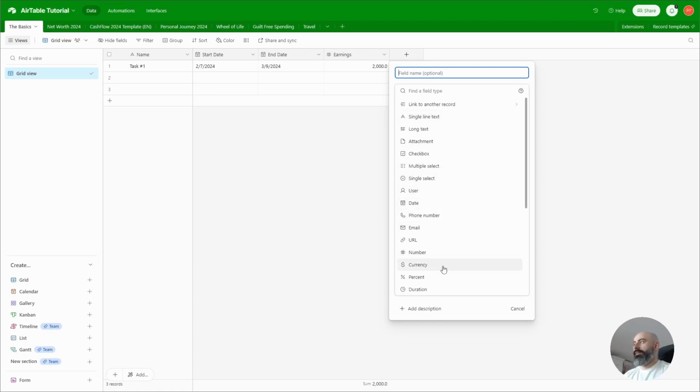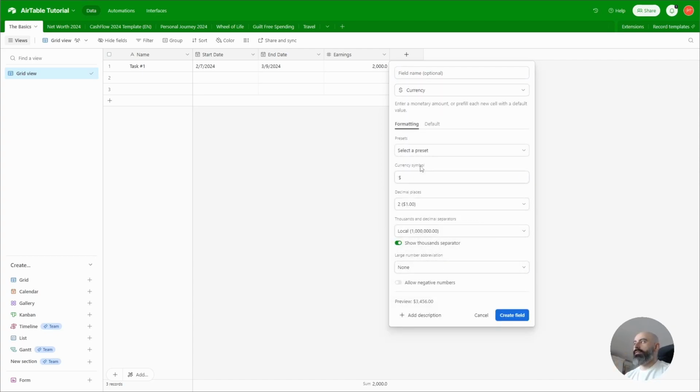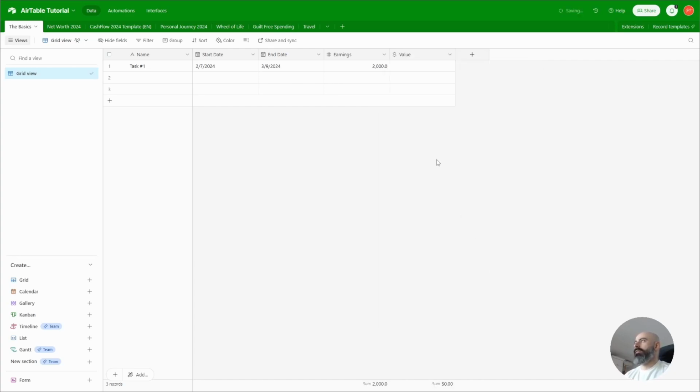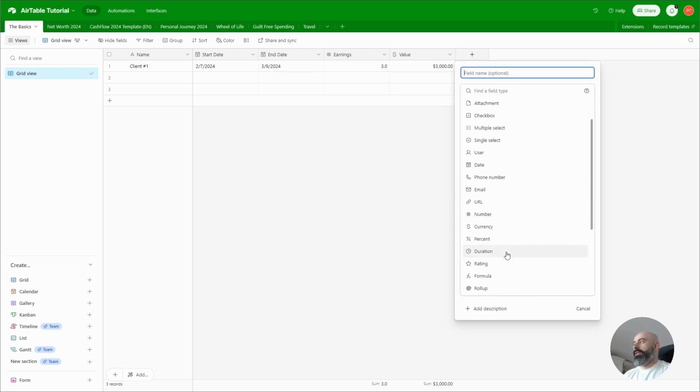If you select the next one after number, it's going to be currency, and it just adds the symbol. It's the same as a number, but it adds the currency symbol in front of it to make it easier to identify. So for example, I can have a different type of value here. You can have 3 payments from this client, number 1, between these dates. He paid you 3 times an amount of $3,000 each time,